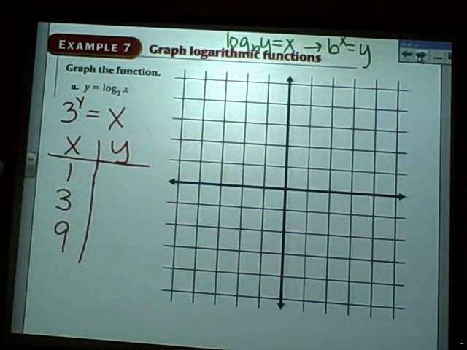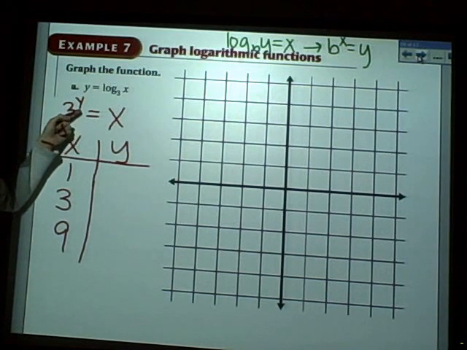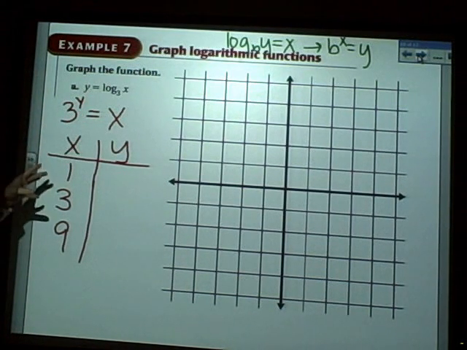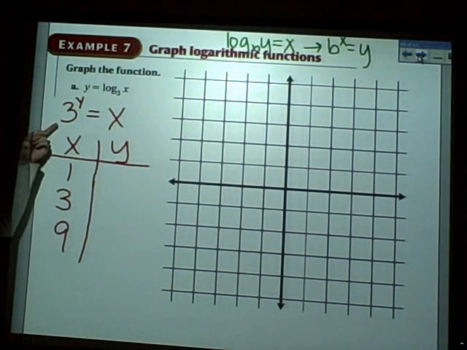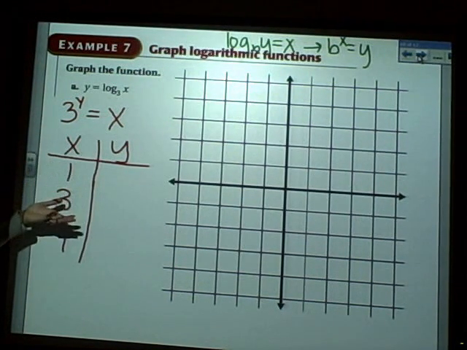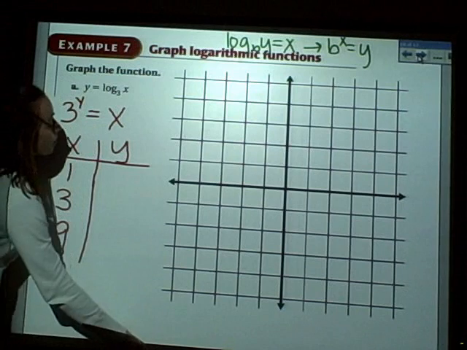Okay, so we're going to pick some x values. We got to be really careful because the way this actually gets rewritten is I'm taking 3 to the y power. That's not x. So I got to be very careful what I pick. I want to pick x values that are a factor of 3. That makes sense. Okay, so I picked 1, 3, and 9